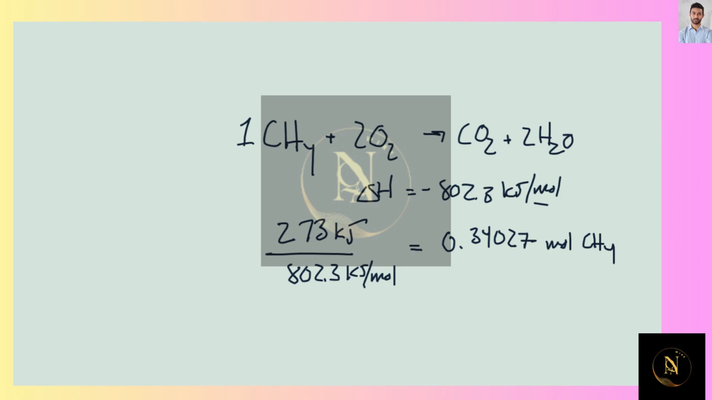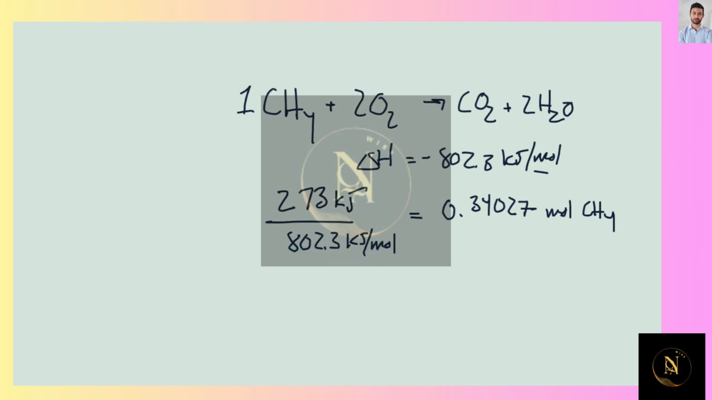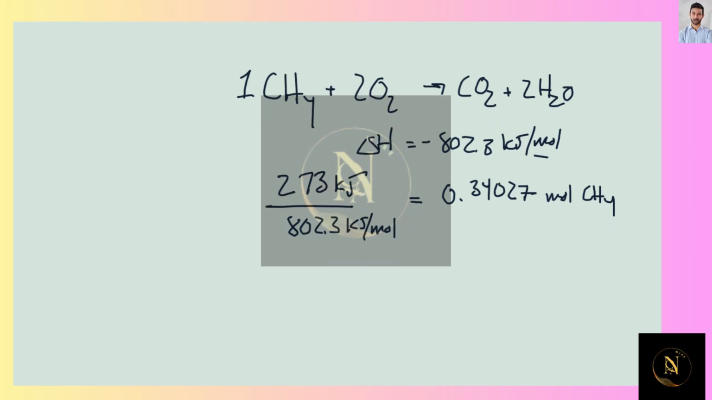Okay, and then at this point, we know moles of CH4, but we need to know the mass in grams, so we could look up the molecular weight of CH4, and we get that it weighs 16.04 grams per mole, meaning if we take 0.34027 moles and multiply it by 16.04 grams per mole, moles will cancel and we'll be left over with grams, and our number will be, let's find out,